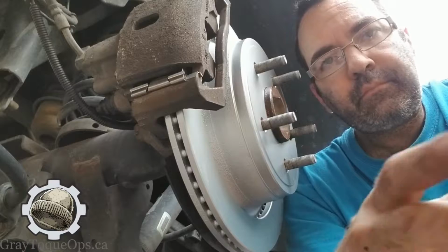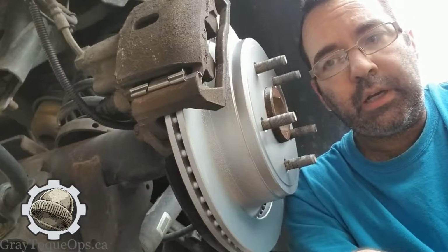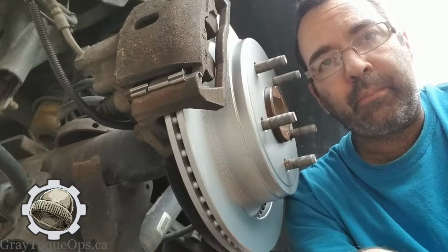So yeah, anyways, there's a lot of stuff that goes into doing a brake job that a lot of people don't know. I've spent over 20 years in the trade learning from,